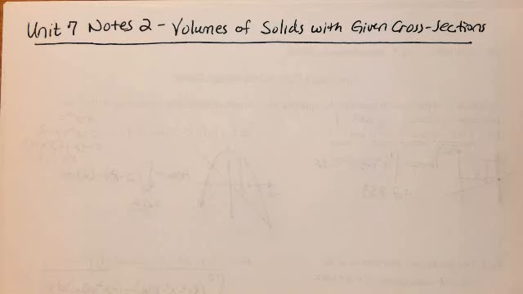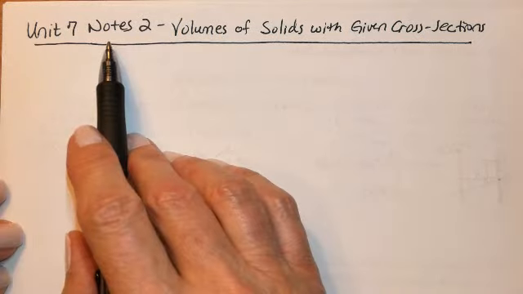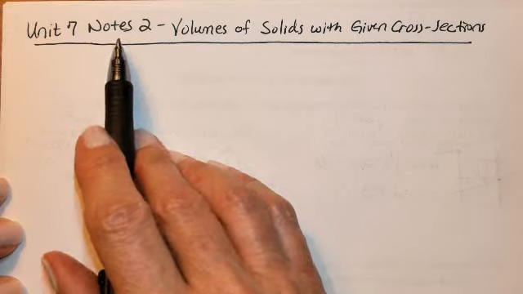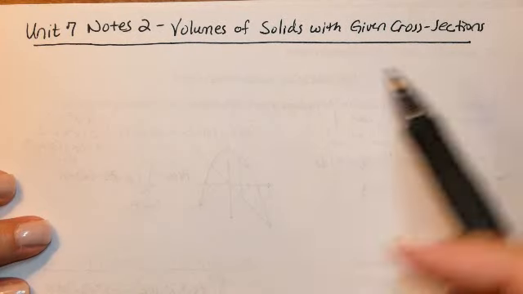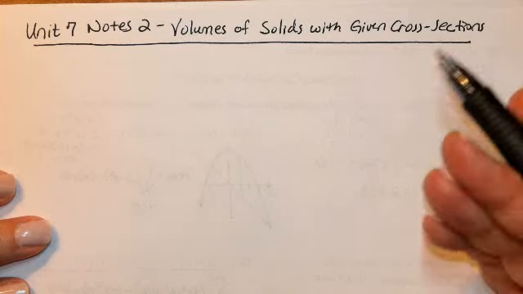We are still in Unit 7. This is our second section, and today we're going to start volumes. Today we are going to take a look at volumes of solids with given cross sections. So I'd like to begin by